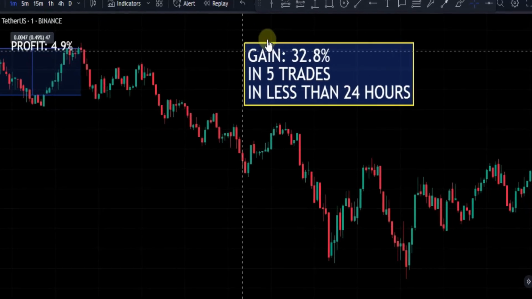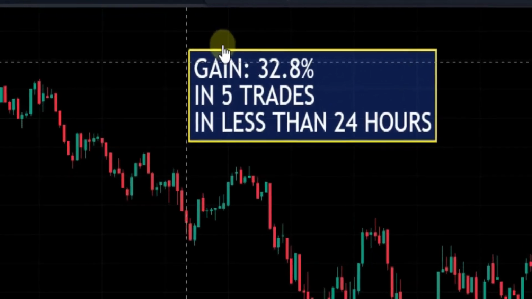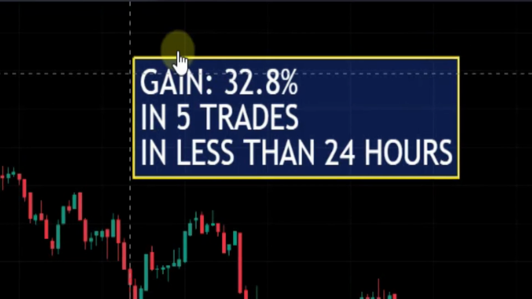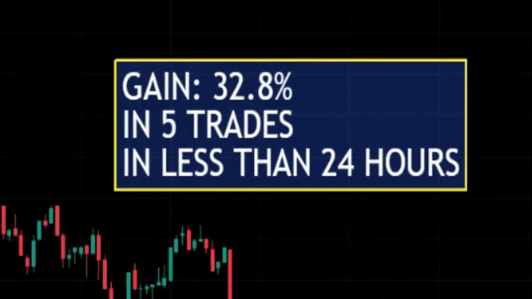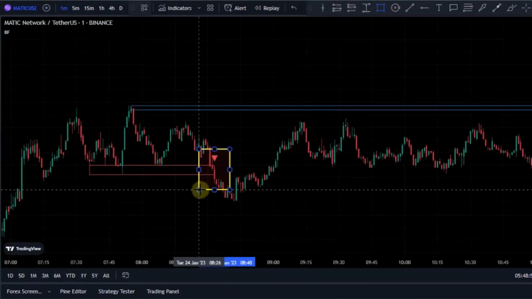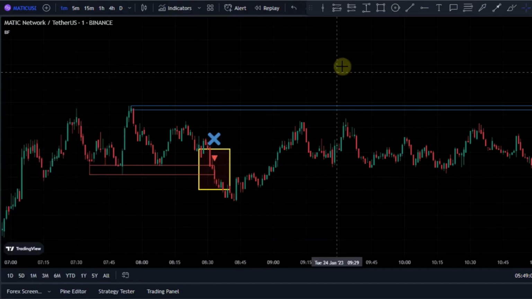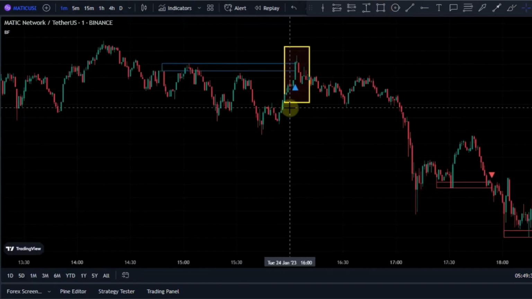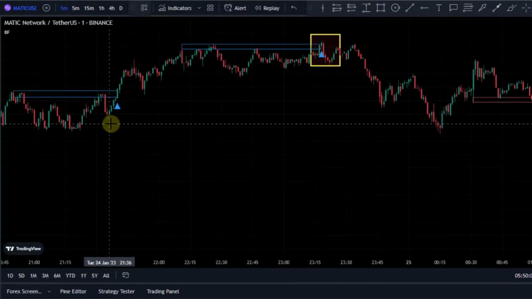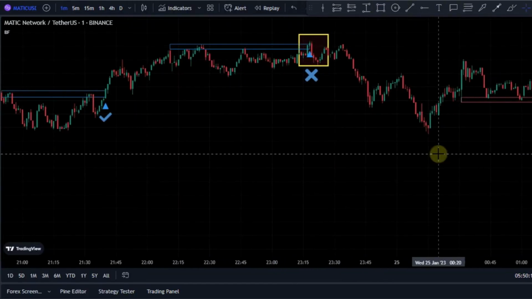We made 5 trades in the 1 minute time frame in less than 24 hours and made a profit of 32% with the leverage of 10. But in order to make this price action strategy more accurate, we used 2 other tools to be able to recognize these false signals. But before that, we need to make some adjustments in the settings of the breakout finder